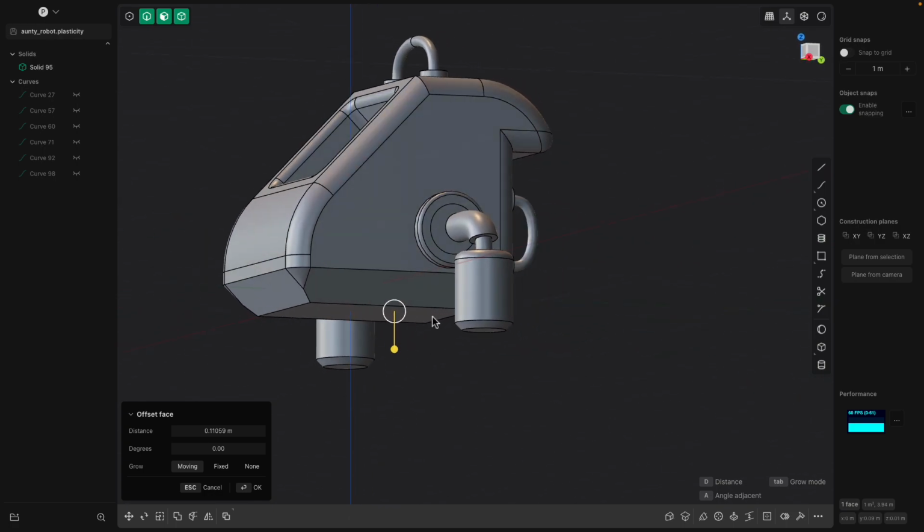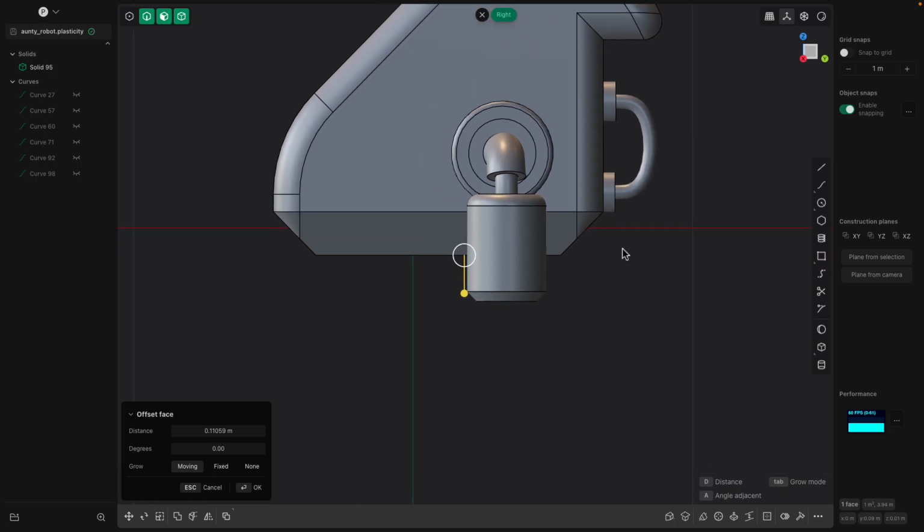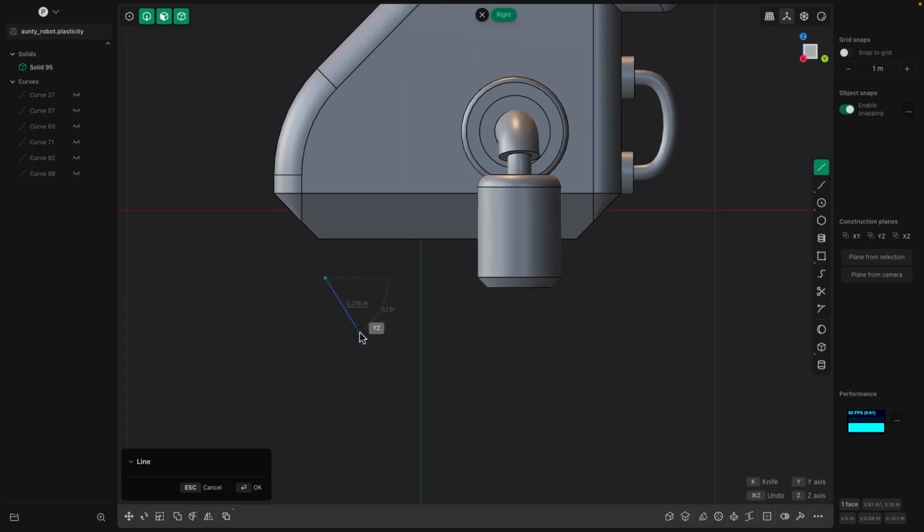I feel like it's probably missing some kind of legs. If we want to draw a shape anyway, like this type of shape,